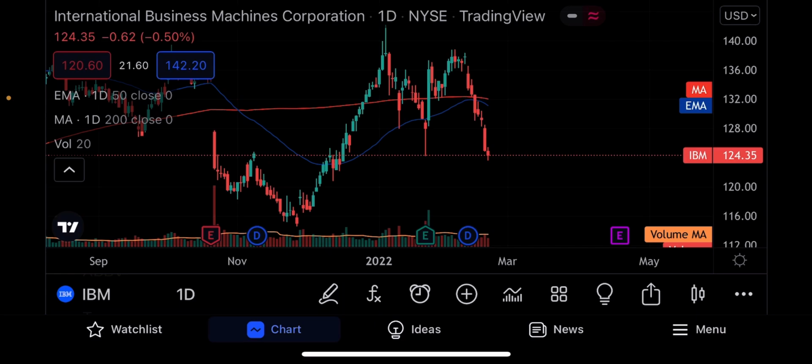Unlike other charts where we saw the 200 flattening out and the 50 moving down, here we saw the 50 trying to break through the 200, and that would have been bullish, and then it just tailed off a little bit. So don't give up on IBM yet. It's an opportunity to buy a little bit on Tuesday morning, because you do have this double bottom, and if it falls below this 124.35 point, then you want to get out.